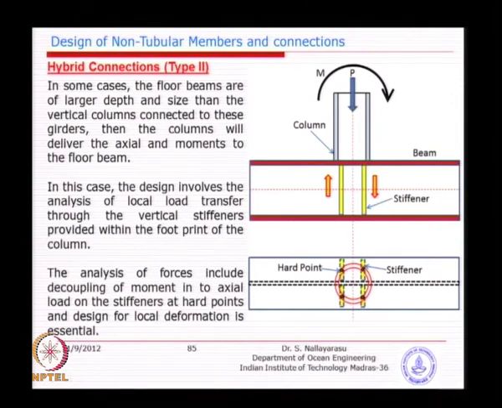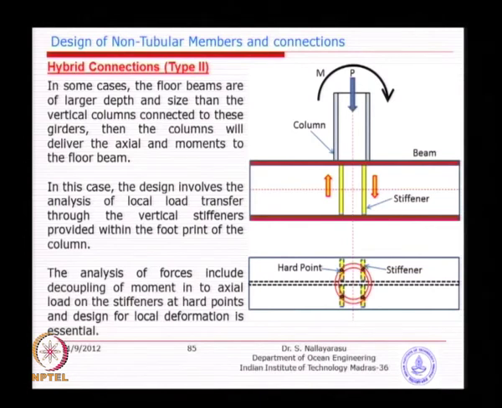So, here we have a slightly complicated problem. You can see here in the plan view, you have a circular section shown in red color, delivering forces on the flange of the beam. Unless these flanges are stiffened and supported sufficiently, the flange will fail by local buckling, which is what is supposed to be prevented.